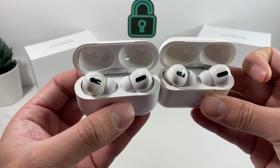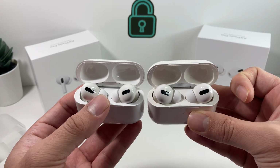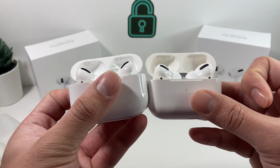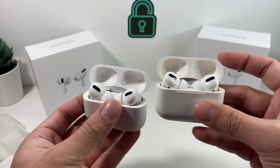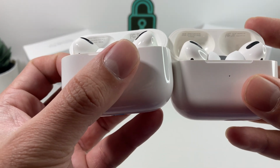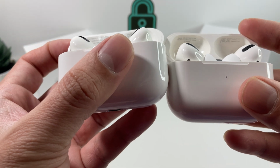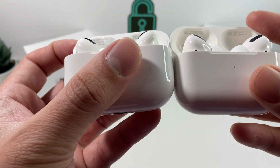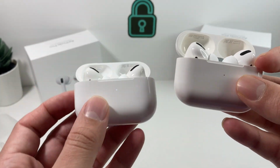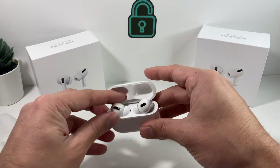And then, of course, if you look from the top again, the real one is going to look much whiter than the fake one. The fake one is an off color of white. That's something you'll notice. And then if we take a look inside the packaging, you'll notice the new ones have the serial number, the battery, and the model number. It's going to be really hard to tell from the inside packaging, but it's something to take note of. And then finally, let's take a look at